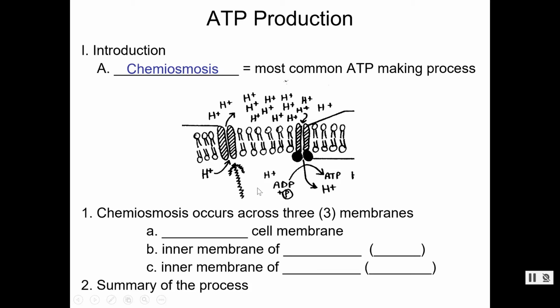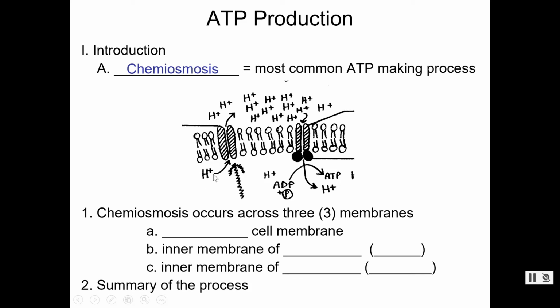What do you notice about concentration? Did anybody write down anything about that? There are more hydrogen ions outside of the cell than inside of the cell. Now, knowing what we know about things that pass through, things want to come to equilibrium. You want to have equal amounts. If things can pass through freely, and there are these holes here, you're going to want the same amount on each side. The cell wants to come to equilibrium. It wants the same amount of hydrogens on the outside as on the inside, and